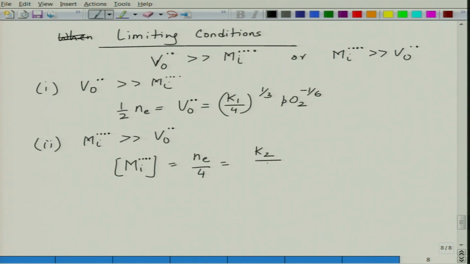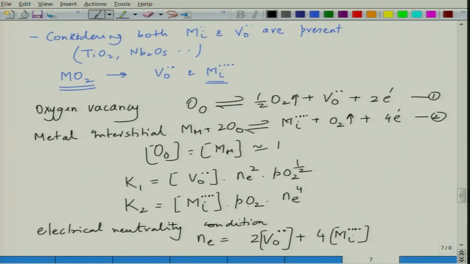This will be K2 divided by 4 to the power 4 to the power 1 by 5 into PO to the power, if you now look at this expression, this was PO2, this will become PO to the power minus 1 over 5, right. So, this will be K2 into Mi to the power 5 into PO2 into 4 to the power 4,